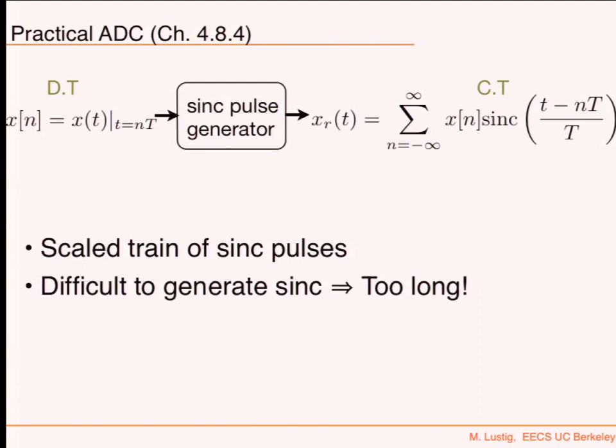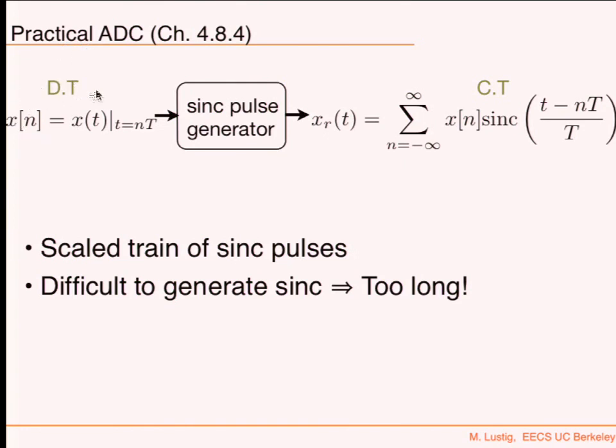The previous sentence that I meant was analog to digital converter. Is that what I want to talk about? I think I want to talk about digital to analog converters, but anyway, I think this is wrong. Digital to analog converters. Okay, so in the digital to analog converters, I have x of n, which is discrete